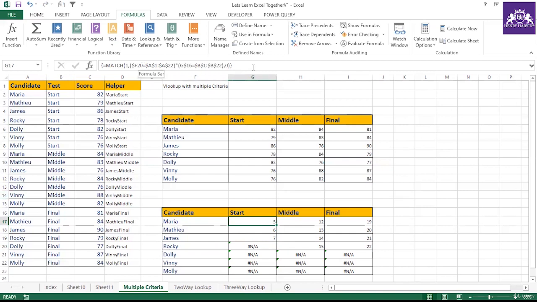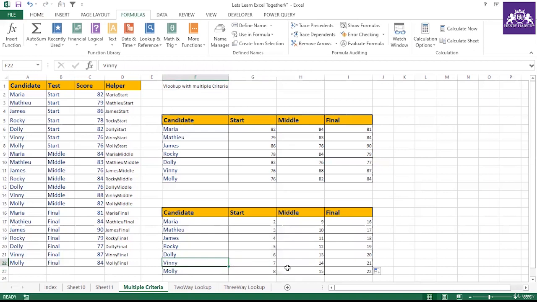So let me put that formula. Actually, we have done the right thing, but we have actually changed the range. And now this is G16. So if you drag this formula, I think the result will come. Okay. And now if you see that, F2, Control Shift Enter. Okay, now if you see the result is coming, and if you see that this result is coming,